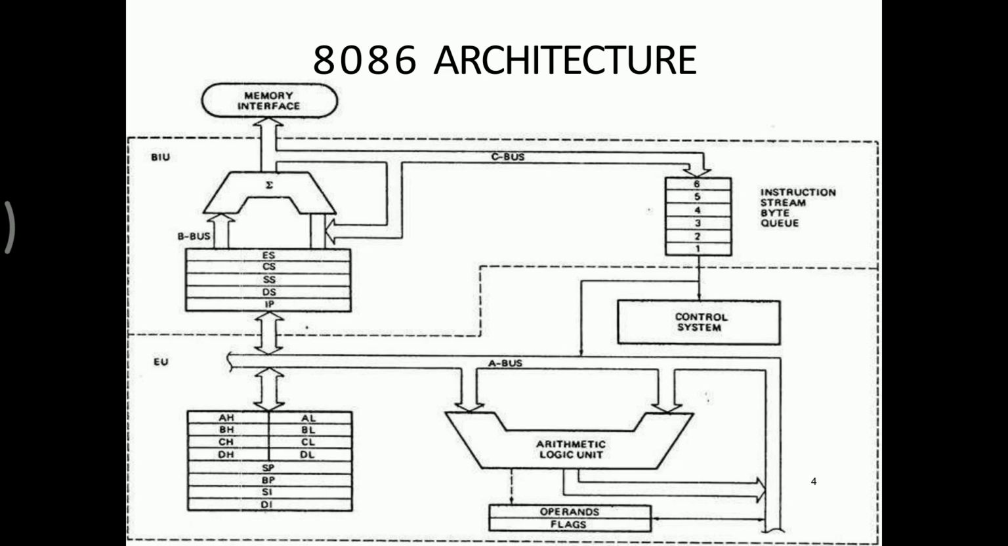In this architecture we have two blocks like that. One is in the bus interface unit, used for calculating the physical address, and another is in the execution unit, used for doing the arithmetic operations. Here we have three different types of buses. One is address